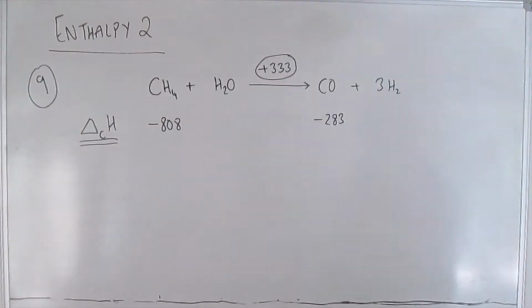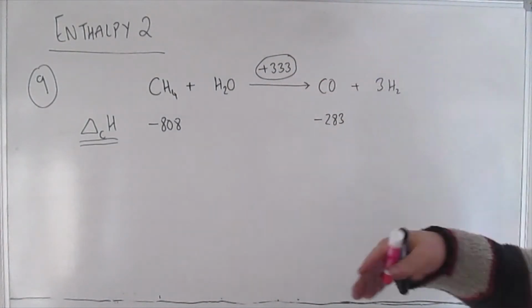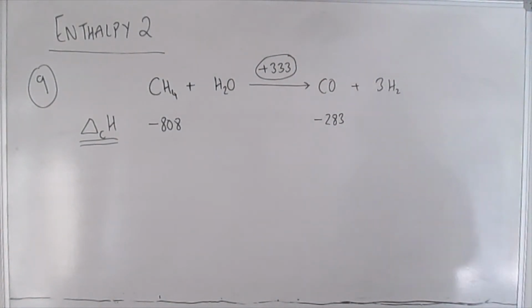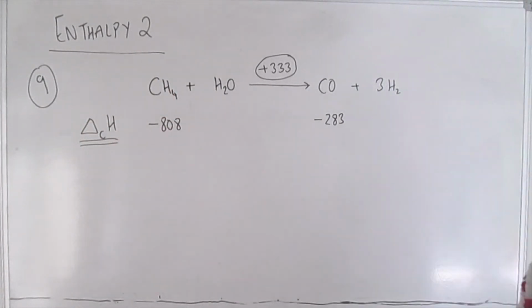Question 9, we have a similar scenario to 8 in the sense that we've got a problem where it gives you the answer but some of the input data are missing. So we're going to take a similar approach. First thing to notice this time is that the data you're given are enthalpy changes of combustion, not formation. This time it's going to be a different kind of cycle, where what links the two sides are going to be the combustion products,